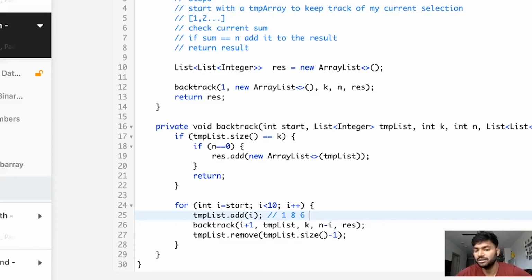When I add 2, it becomes 6, and when I add 6, it becomes 0, and that's when I've added 1, 2, 6. So that's the reason we do n minus i each time. Or you can just keep n and calculate the sum of this tempList and check sum equals n, but this is more efficient because for every iteration you don't want to calculate the sum all the time. So that's the basic idea.